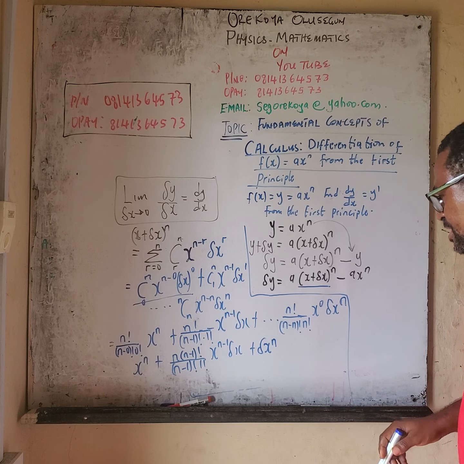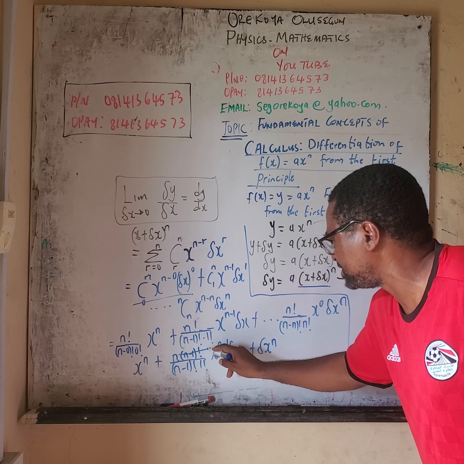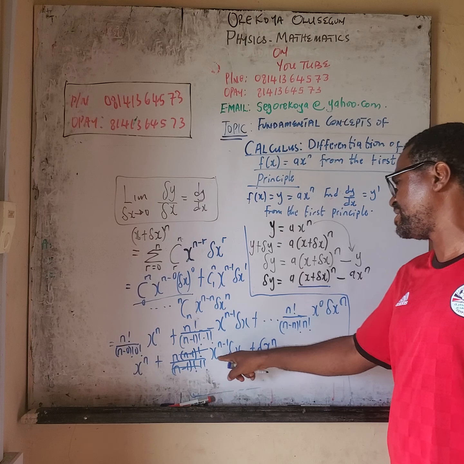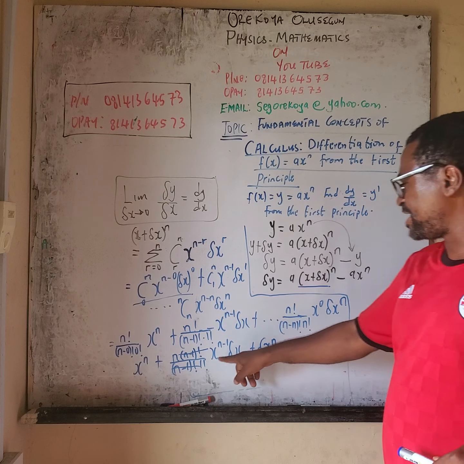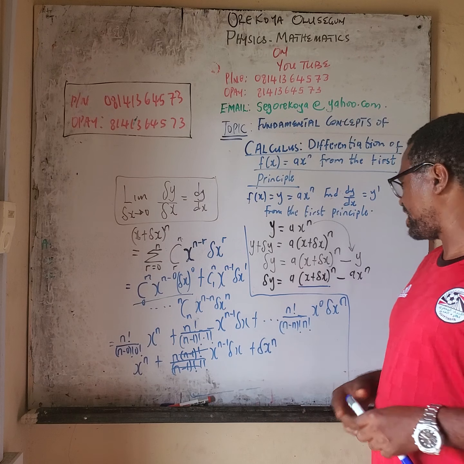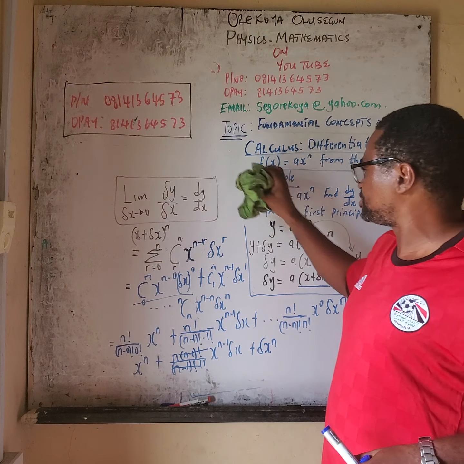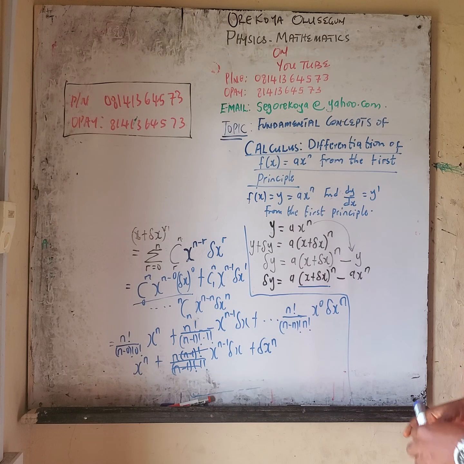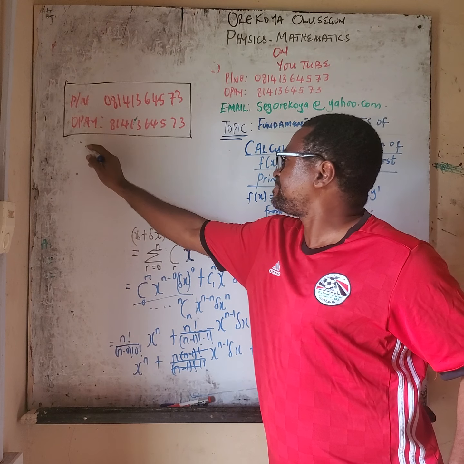Now, if you look at this place, this n factorial minus this cancels this one that is down. So I'm left with nx raised to power n minus 1 delta x. So what I'm going to do now, I need to create a space here for us to see what is actually happening. So here now, I will now write my delta y